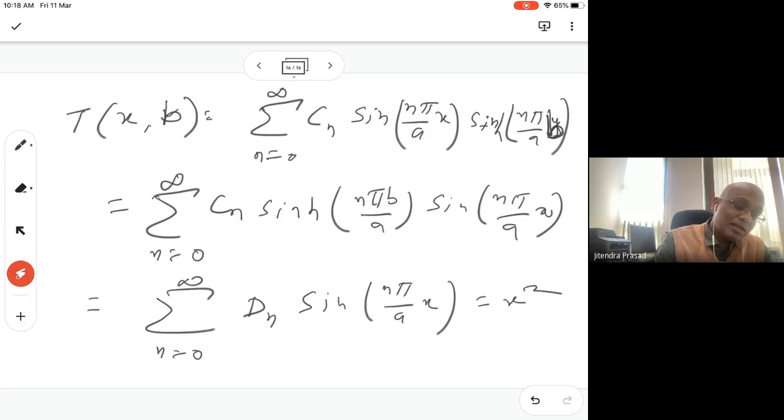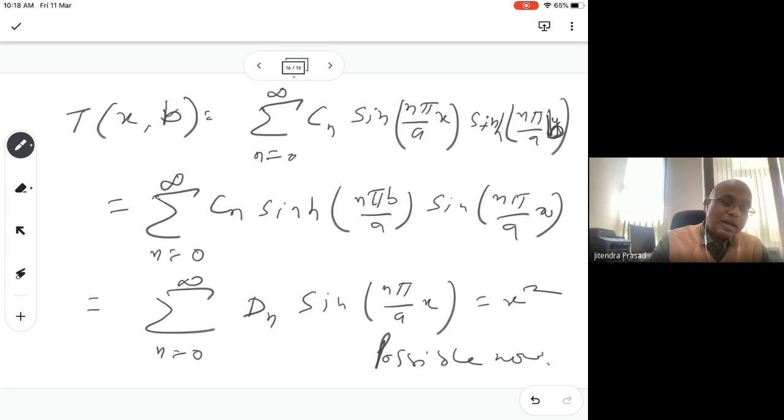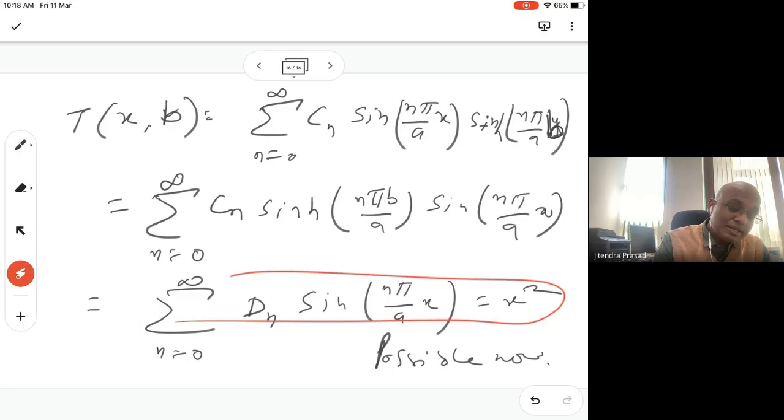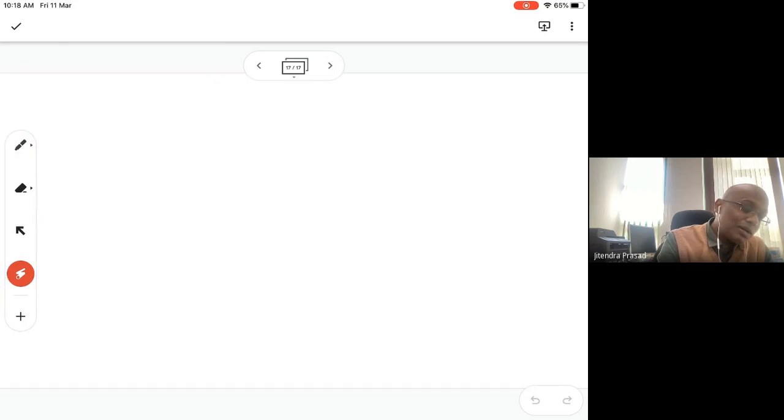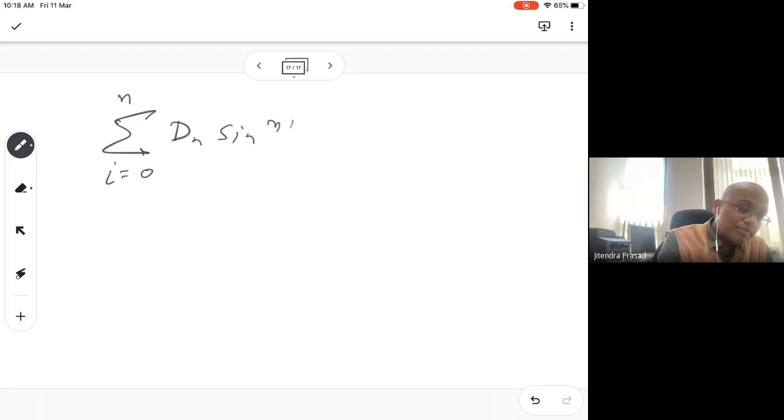It is possible now, and we have to apply this condition to find out the values of dn. So if we have the summation over n equal to 0 to infinity dn sine n pi over a x,